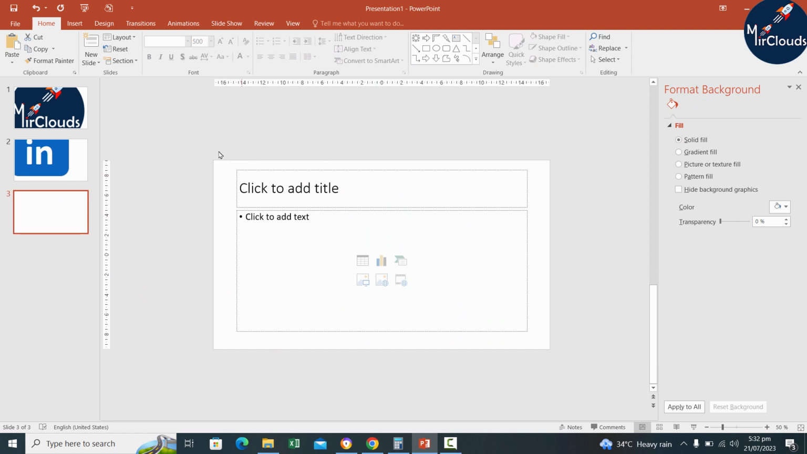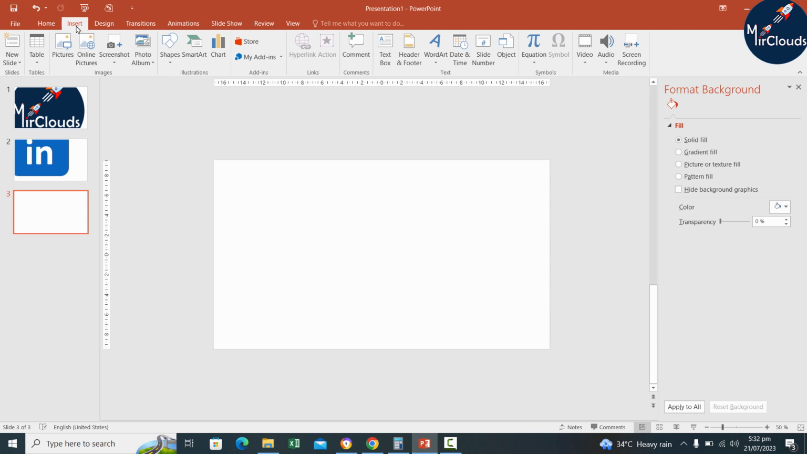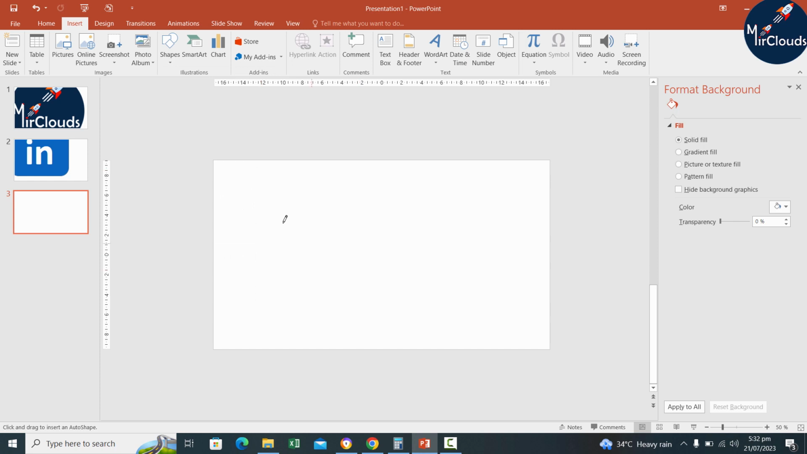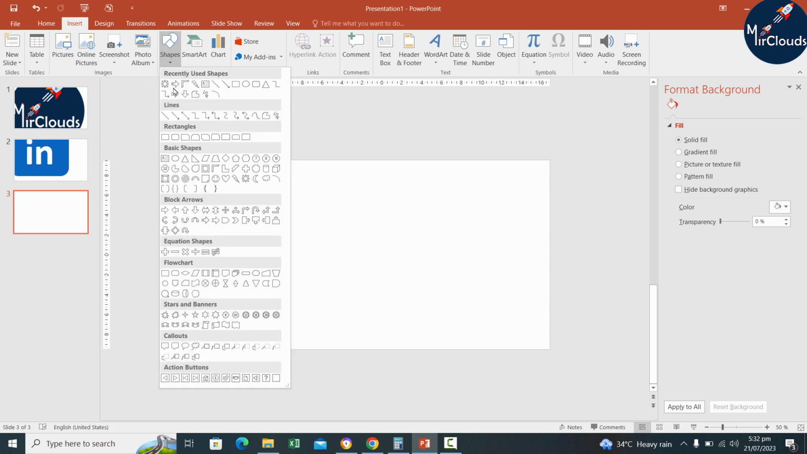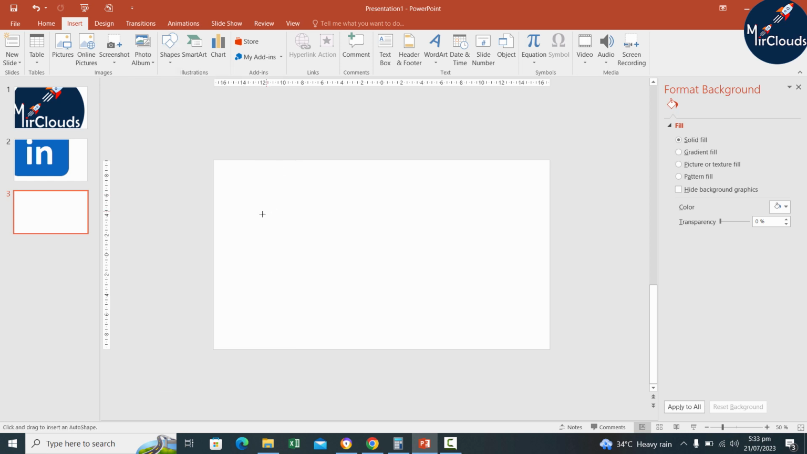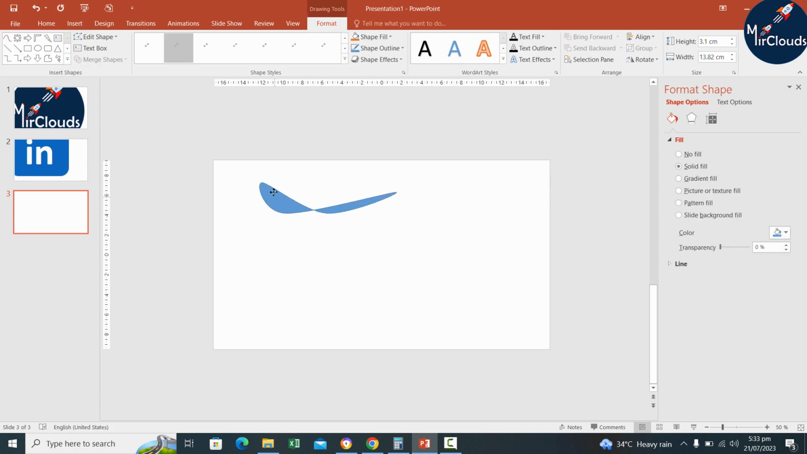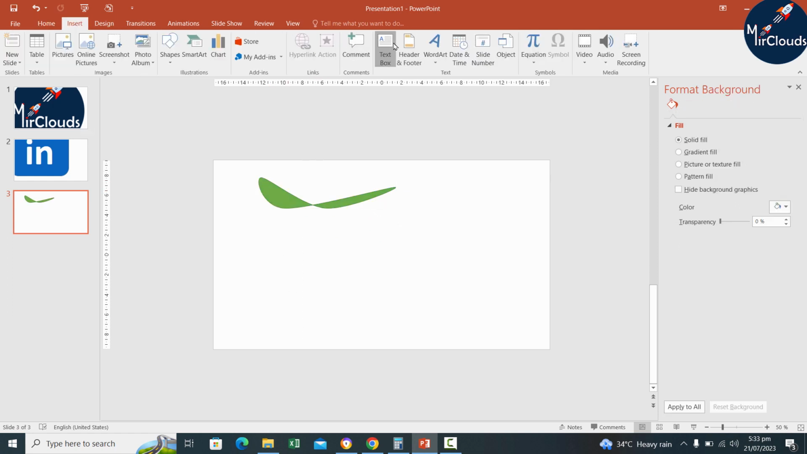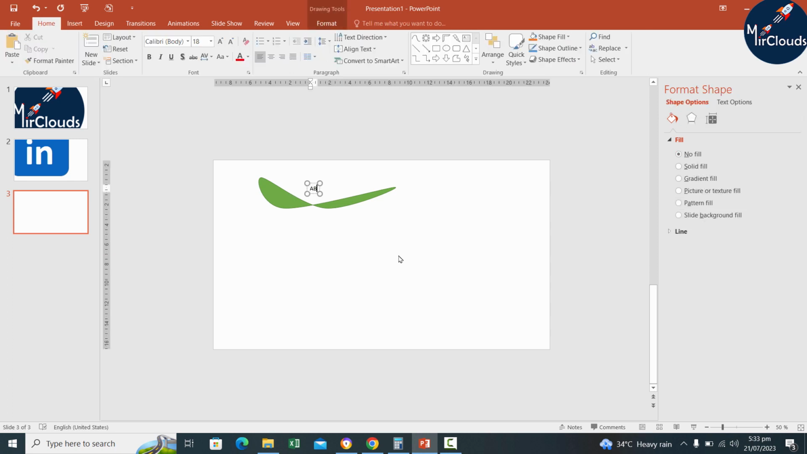Also, you can have your own creativity. Like you can find the symbols over here inside insert. You can do the shapes, for example, this kind of shapes. Let's say I want to create some kind of plantation logo. I mean it's just an idea, and I can just insert text over here, ABC Plantation,